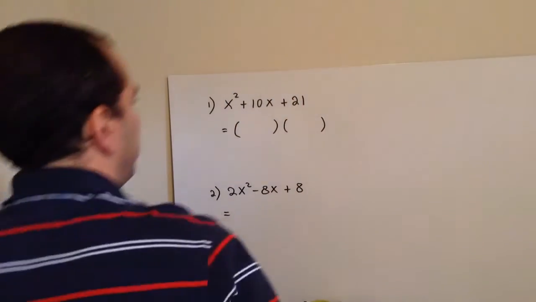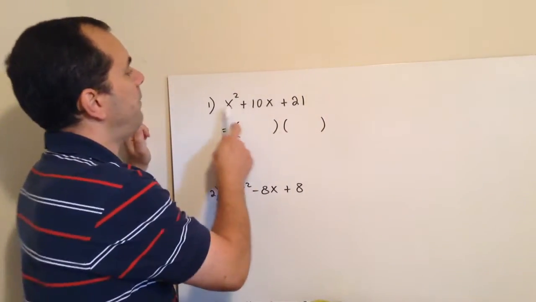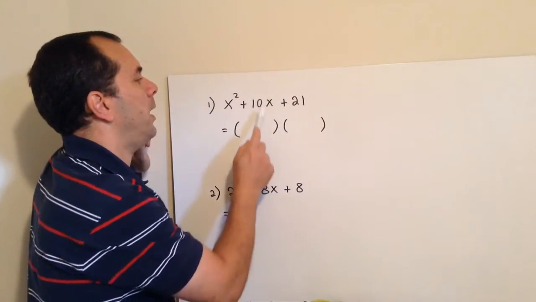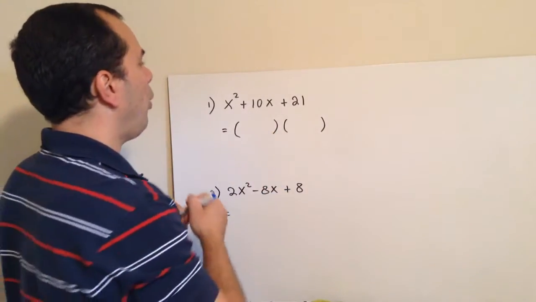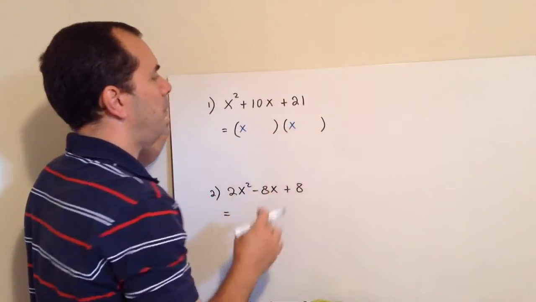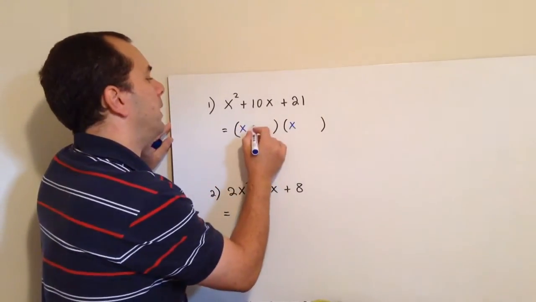This may look very familiar because they're the same I used for the previous video. But let's check this out. If I had something like this, I'd be looking for two numbers that multiply to 21 and add up to 10. I already know that my x squared is going to be just an x, right? But what two numbers multiply to 21 and add up to 10? I'll probably guess that it's 7 and